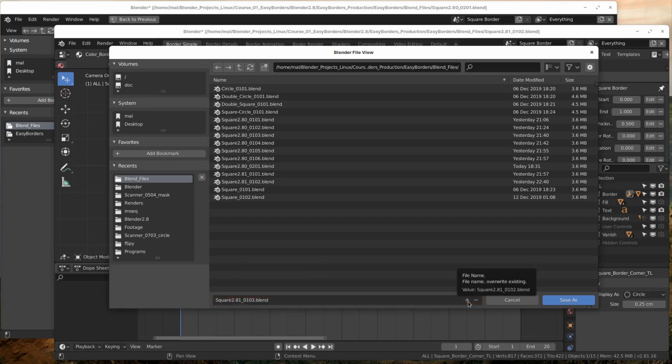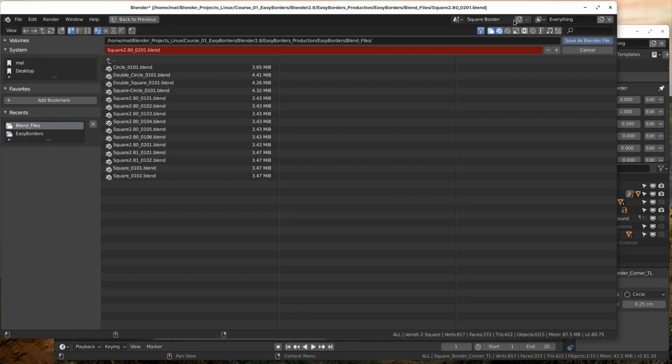So this plus and the minus, you can still click these and they still work, but they don't give you any visual cue. Like if I hover over it, nothing happens. If I click it, nothing happens visually. I mean, it still functions fine, but if I come back over to 2.80,